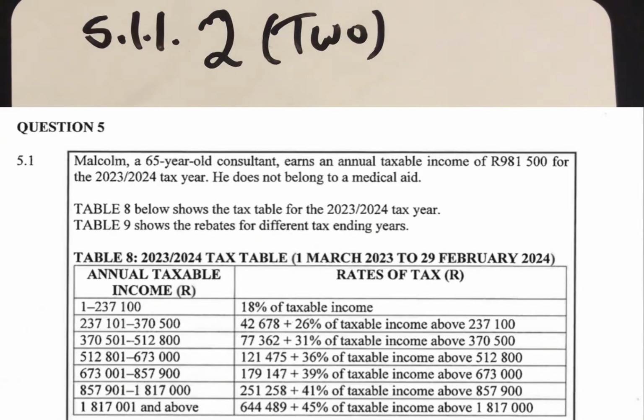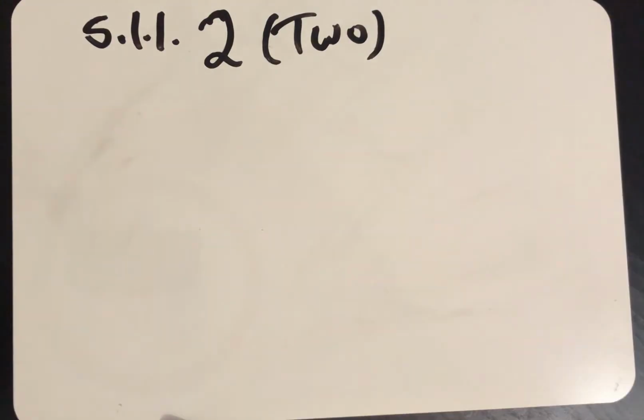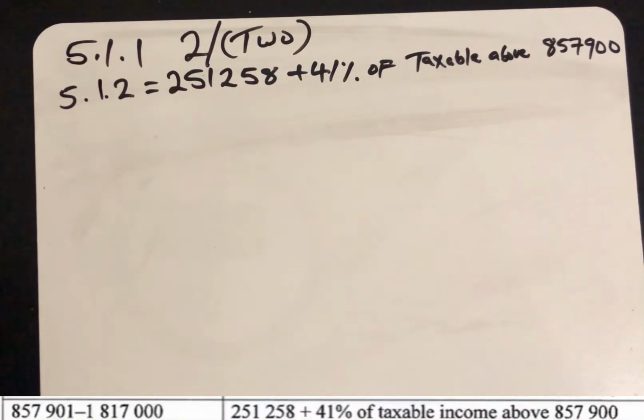So after determining that tax bracket, the first thing that you need to do is to copy that tax bracket the way it is without changing anything. So we know that it's 251,258 rands plus 41% of taxable income above